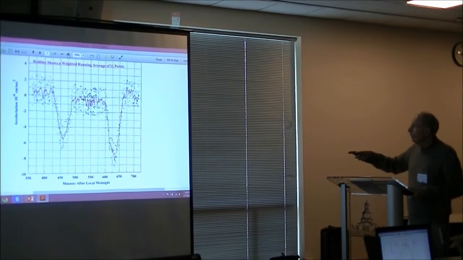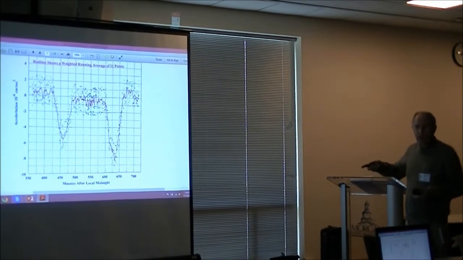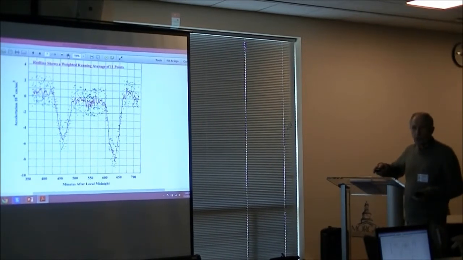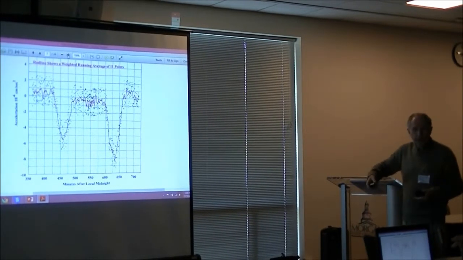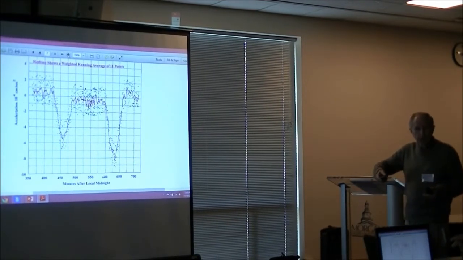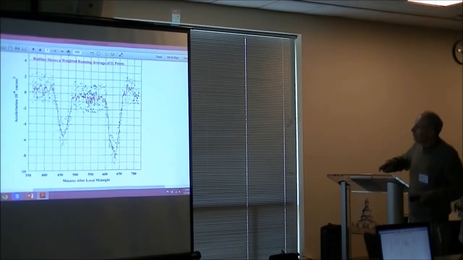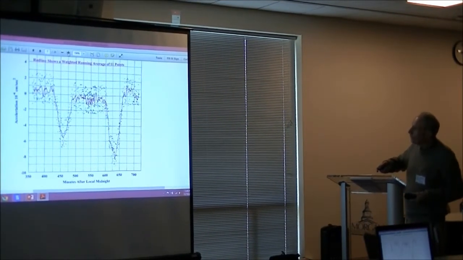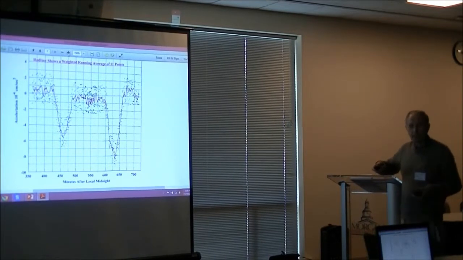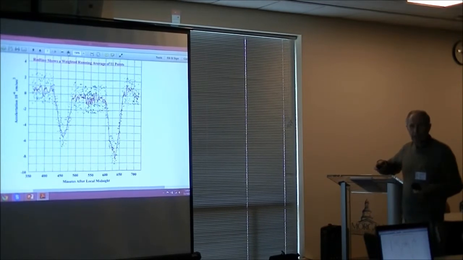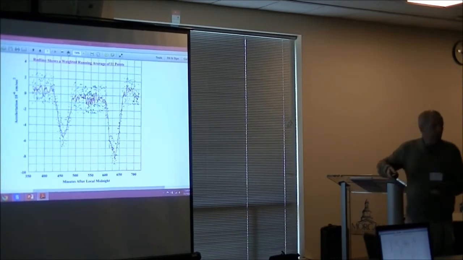So they used a very precise gravimeter to measure this, which is accurate to 1 part in 10 to the 6th of centimeters per second squared. That's one order of a billionth of the gravitational field that we're standing in now. What's the ordinate? Oh, the ordinate is the acceleration in 10 to the minus 6 centimeters per second squared. So that's a millionth of a centimeter per second squared. Very accurate. So it's a very tiny effect.